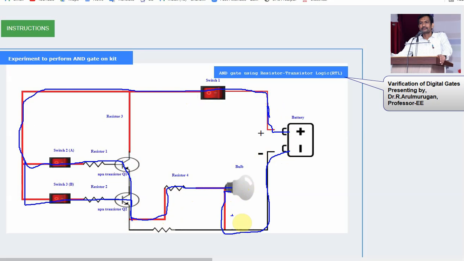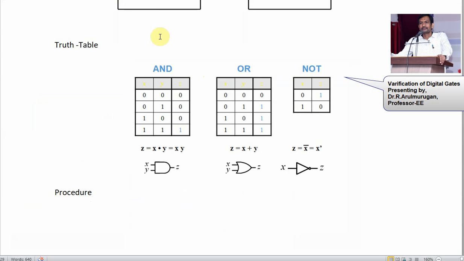And connect it to the bulb. Across this I am going to use one resistance for protection purpose. It is called the potential divider method. So across this I connect the resistance, meaning for potential divider purpose, for safety purpose. This is the purpose. Okay, AND gate, you know that truth table. So look at the truth table.